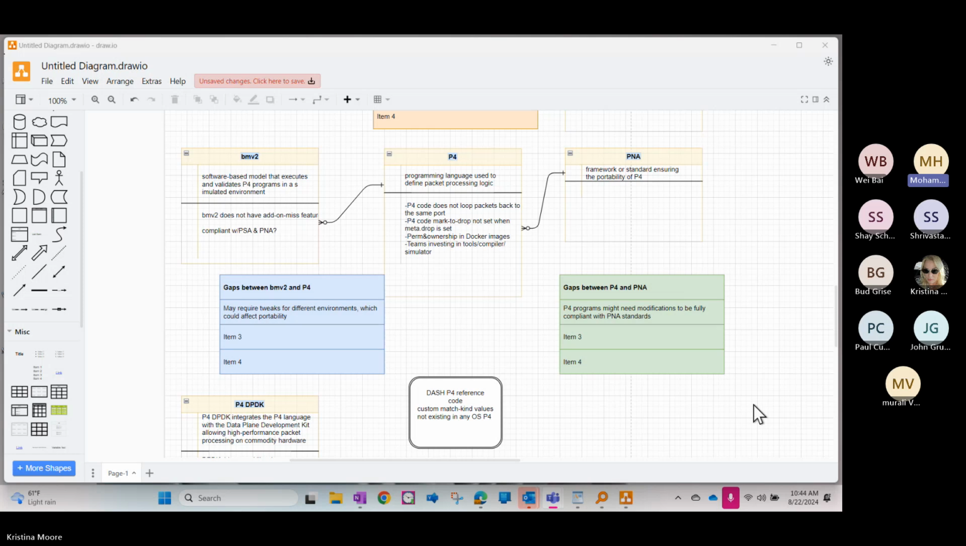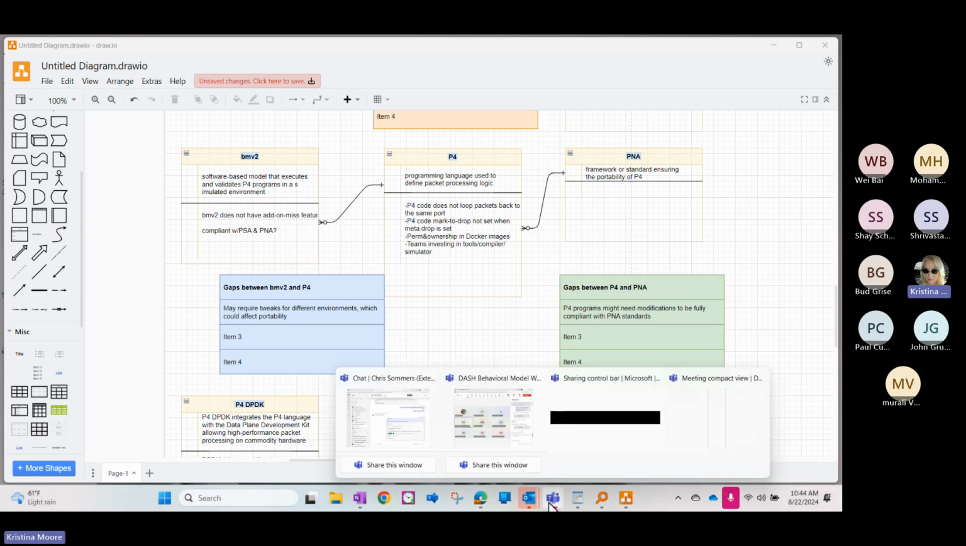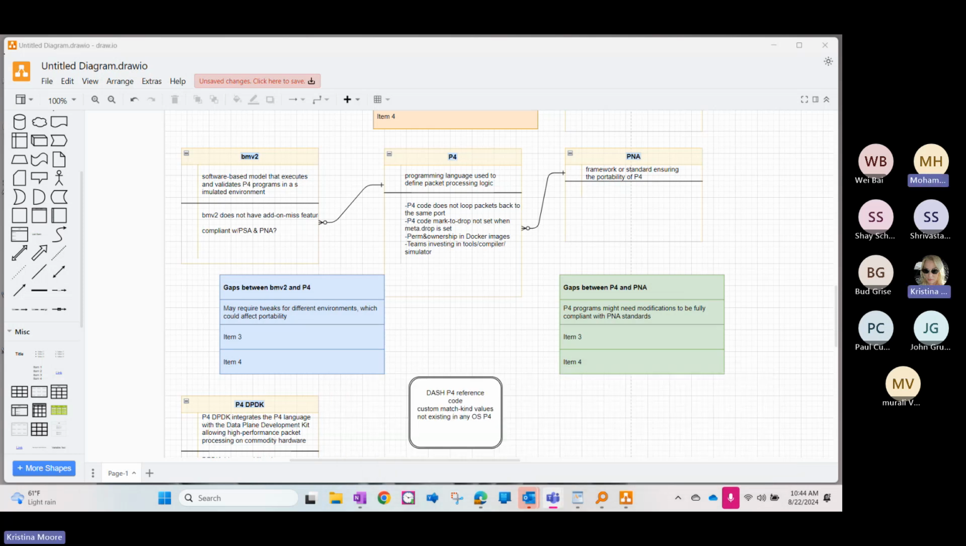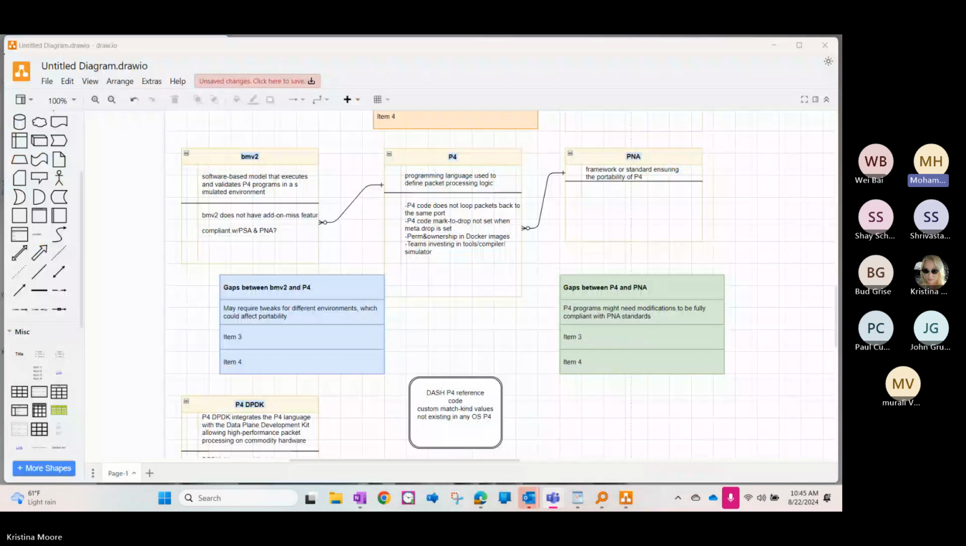I think the right place to start is probably Andy and then maybe Chris Sommers. These two individuals are pretty active in the P4 community, and they also attend the Dash meetings. If we start with these two, they can definitely guide us, and they might very well even be the point of contact. The only thing is that